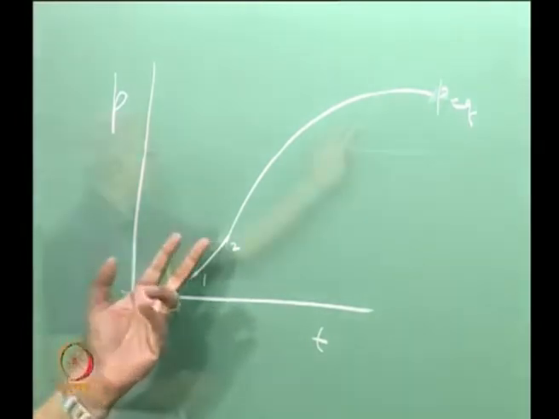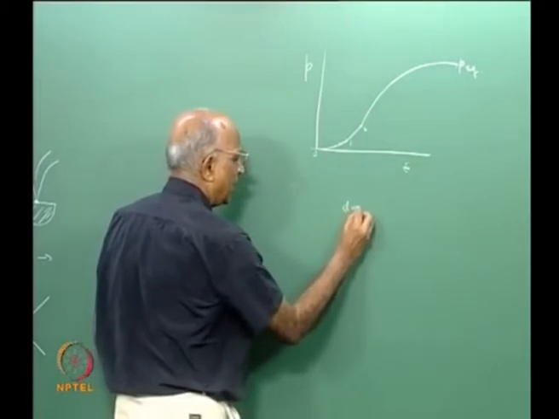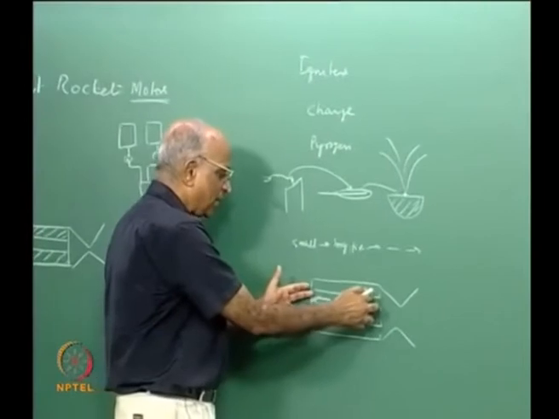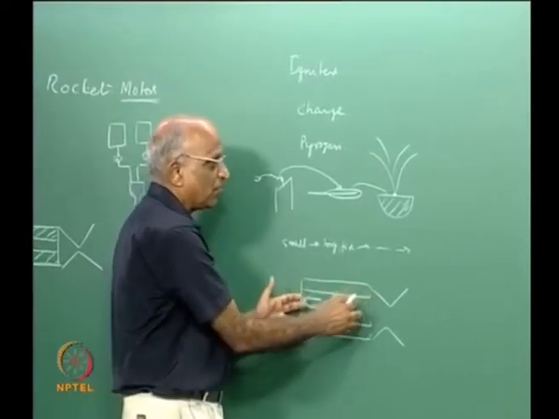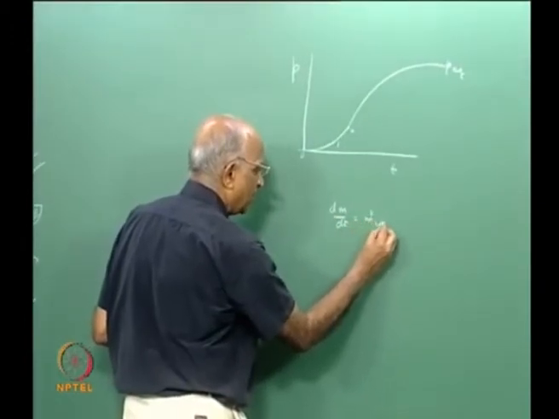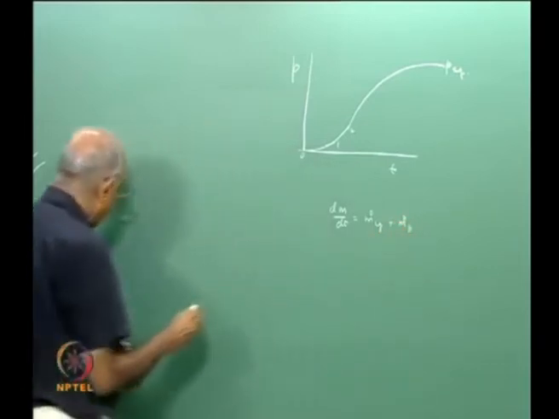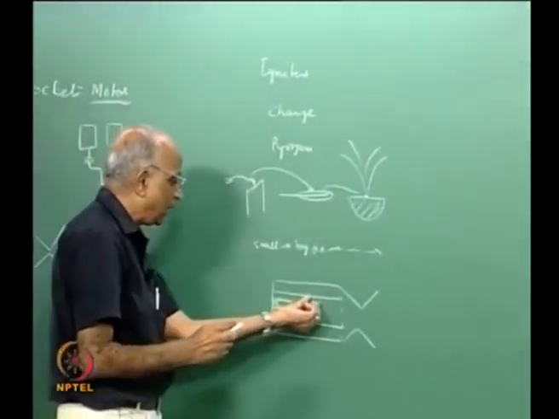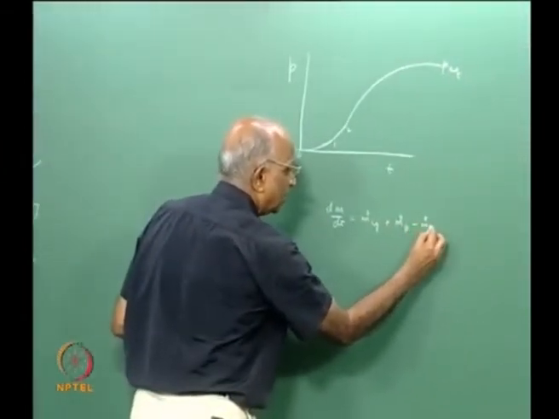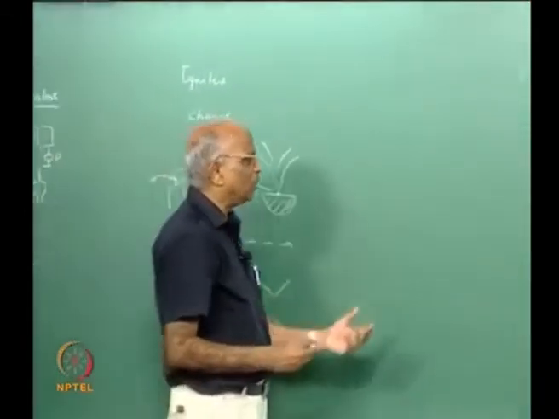We derived expressions, we said this can easily be predicted, and how did we predict? We say dm by dt, the rate of change of mass contained in this cavity, is equal to the rate at which the igniter supplies the mass at that particular time, plus the contribution which comes from the burning of the propellant and the spread of the propellant, minus the rate at which the flow takes place through the nozzle. And we were able to say m is equal to PV by RT,